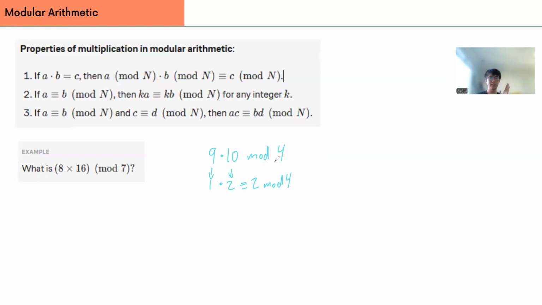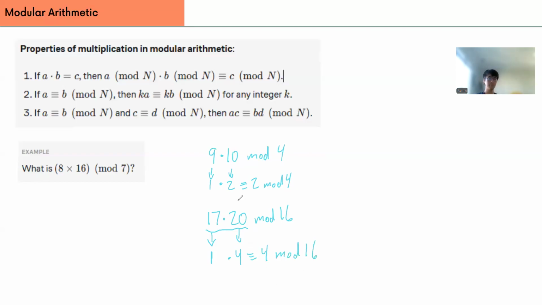The reason why this is so useful is when you get to bigger numbers, it's very helpful. So for example, let's say you wanted to calculate 17 times 20 mod 16, right? You don't want to multiply these together and then divide by 16, right? Instead, what you can do is you can replace the 17 with a 1 and the 20 with a 4. So then you get 4 mod 16,